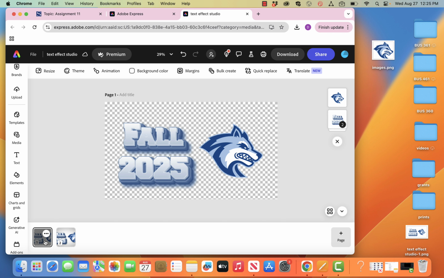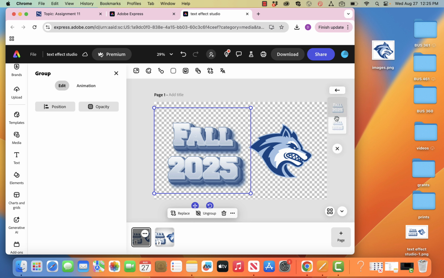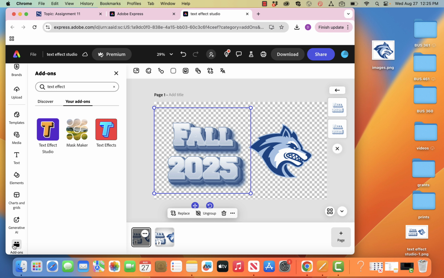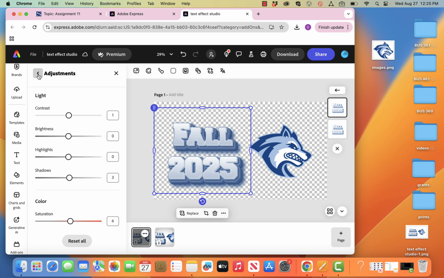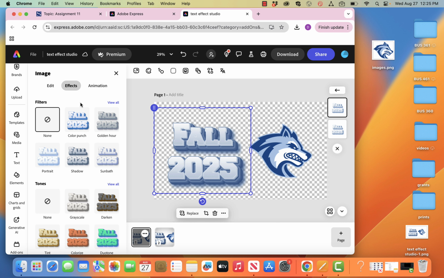Pretty quick and easy. So I created this 3D type using an add-on, the Text Effect Studio add-on. And then let's see if I can select it here. Then I had to try to make it match the colors of Lobo. So I used an adjustment. No, I lied. I used an effect, the Duotone effect,